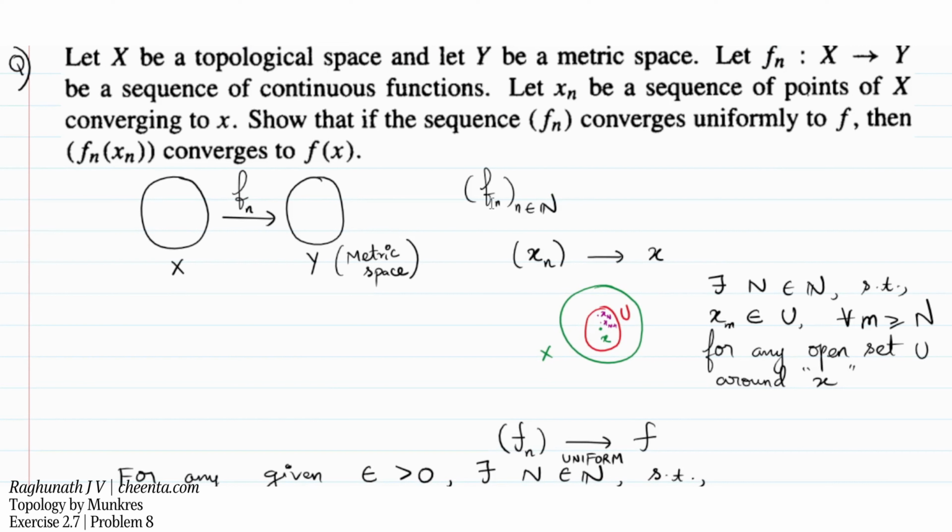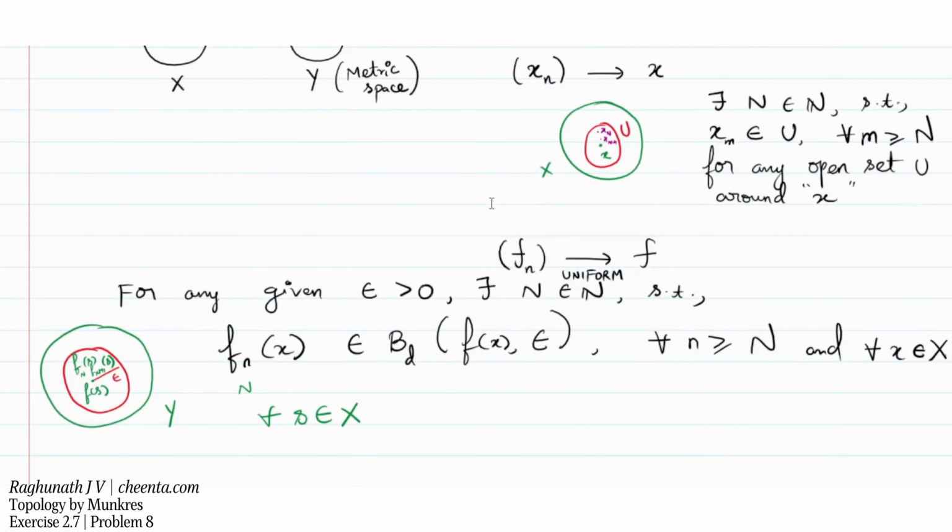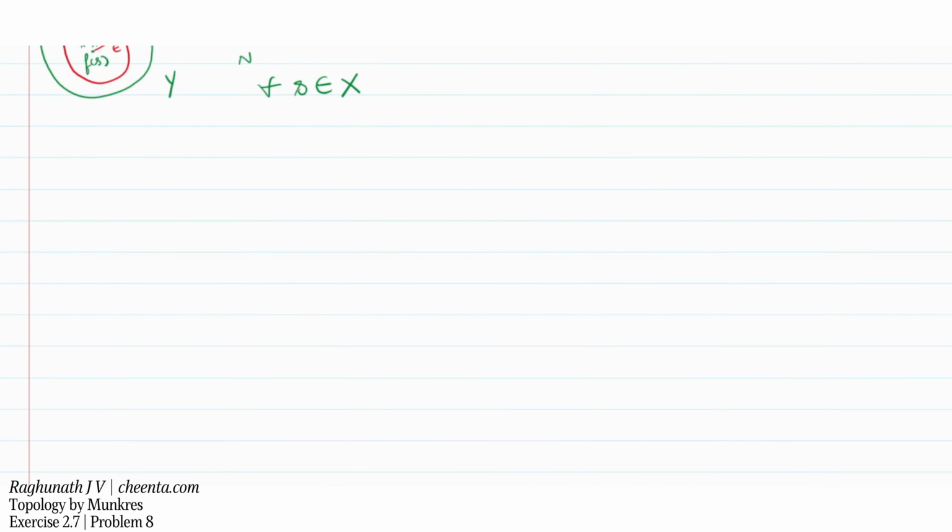We want to prove that if the sequence fn converges uniformly to f, then fn of xn converges to f of x. So this might be a little tricky when seen directly. So let's first look at a theorem. What is the theorem? It is a simple theorem to start with. It states that